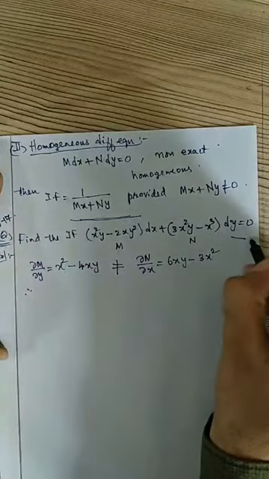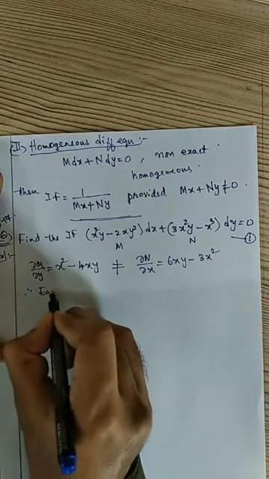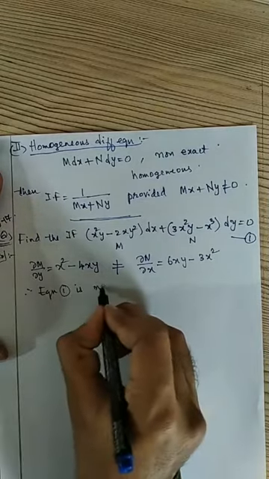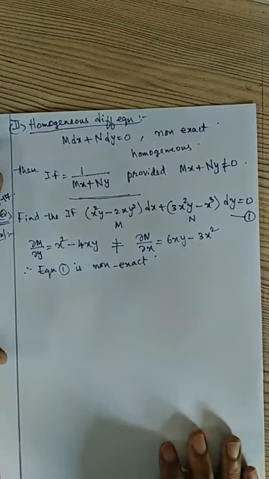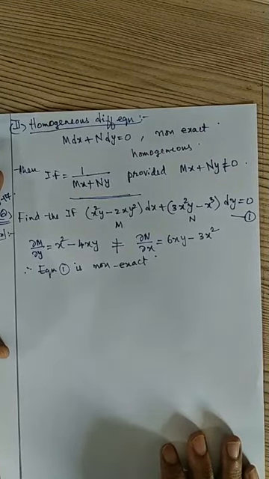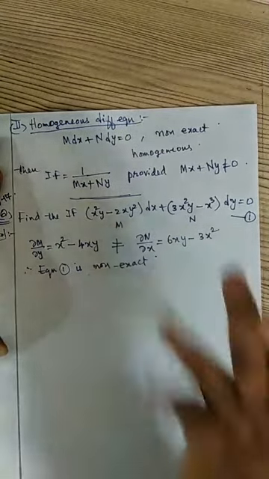Therefore, if you consider this as equation 1, therefore equation 1 is non-exact. Now if it is non-exact, we should try to reduce that to an exact differential equation. First we should try to apply the inspection method. So just now we have seen that for applying the inspection method, in the equation x dy, y dx, x dx, y dy, this kind of term should be there. But here in this equation, those kind of terms are not there.